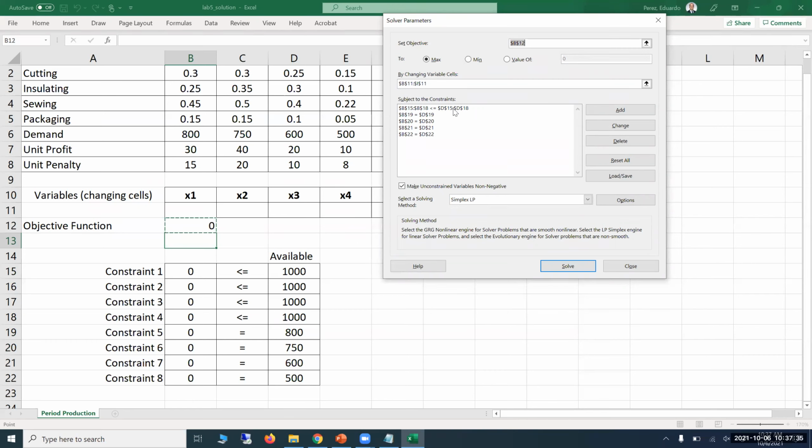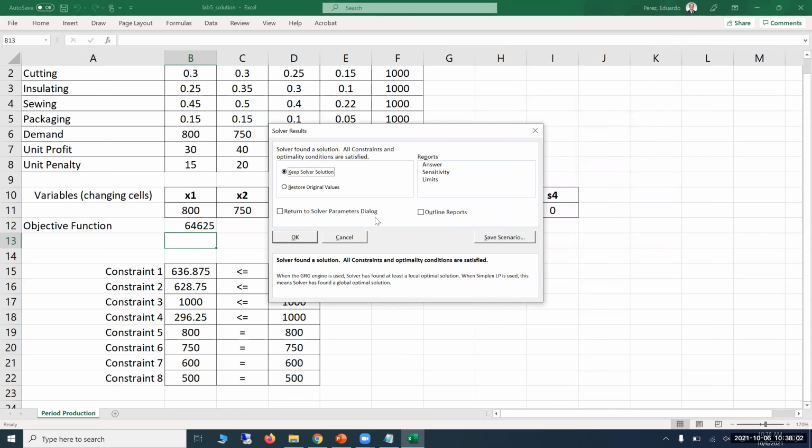Yes, so in that case, when you're inputting these things, it will be a lot easier. Yes, that's another thing that you can do. You group them by the sign: less than or equal to, equalities, and greater or equal to, and then when you select them in the constraints, you can just select them all together. So if we solve this,